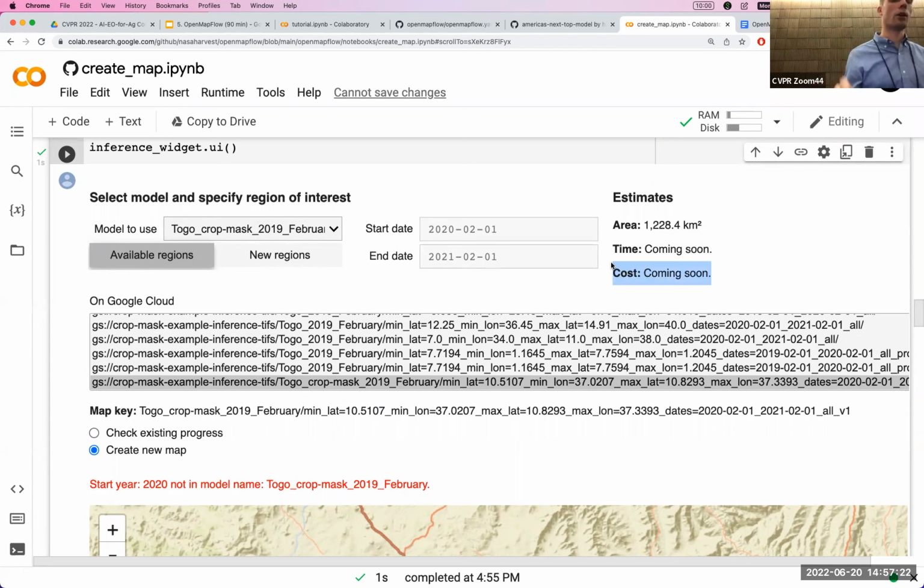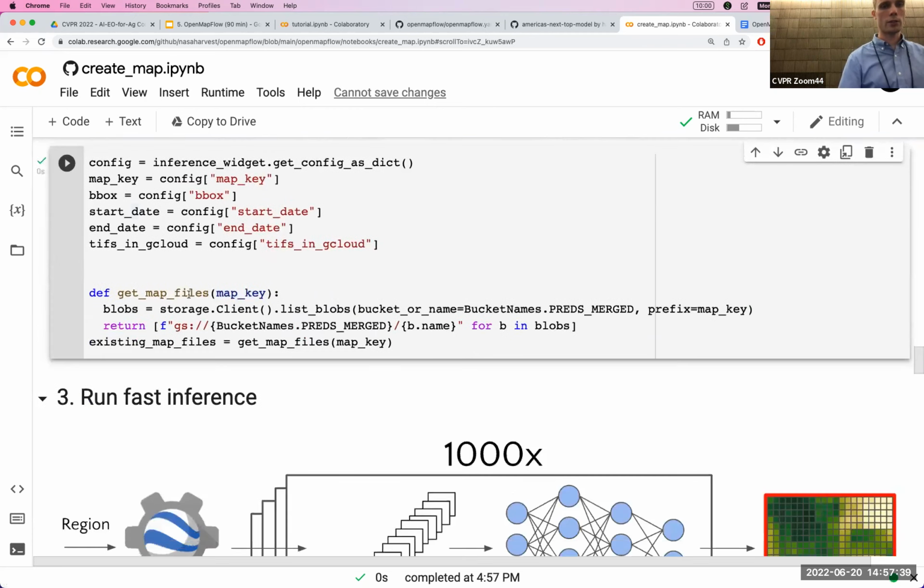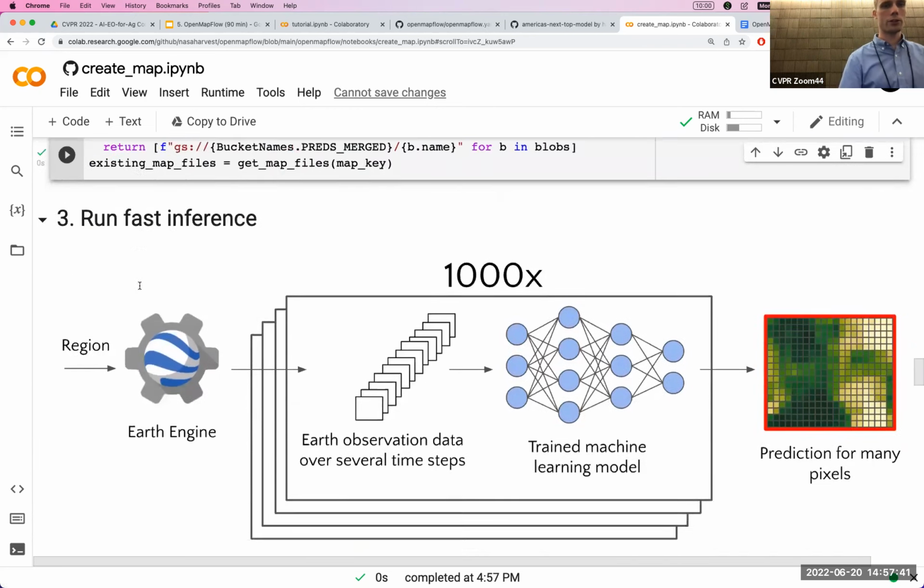This is a pretty small area. And basically most of the cost is in the storage of the data. And there's some cost of running Cloud Run, running like 1,000 models at the same time. But it's not really that large because everything is parallelized. All right, so we are going to take this configuration information, store it to some variables, and then we're going